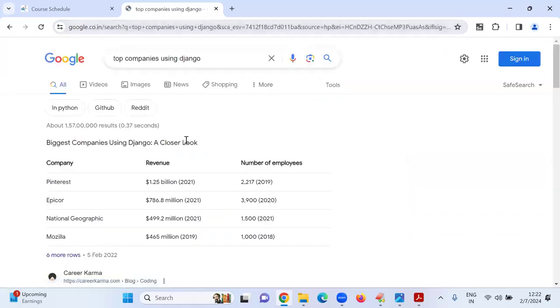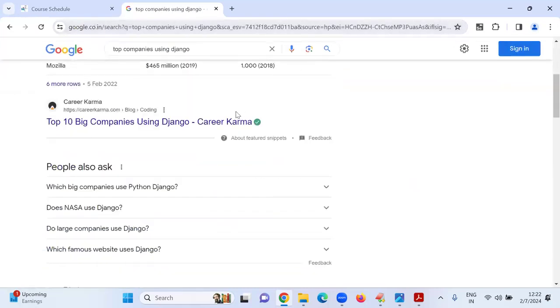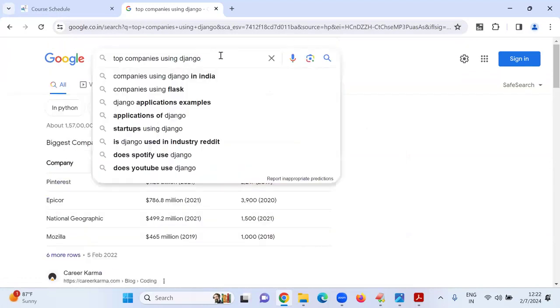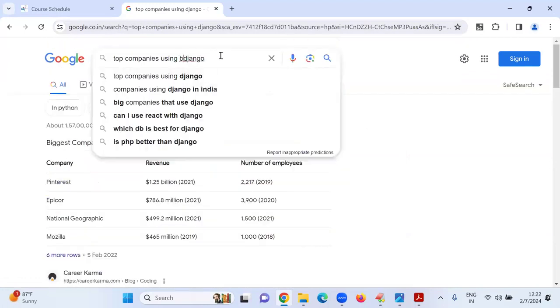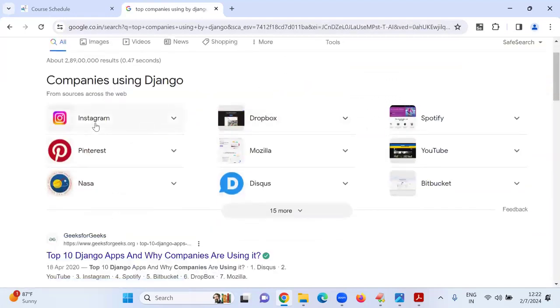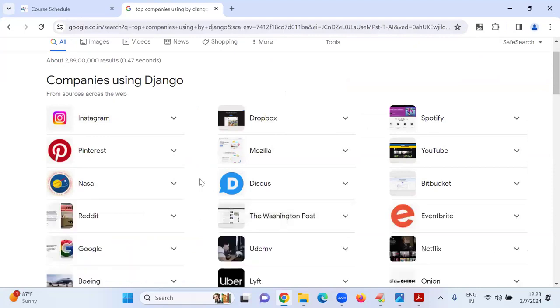Who is using this Django? The topmost companies use it. Sir, do you know Instagram? Everyone knows about Instagram. Reels and all these. Dropbox, Spotify, YouTube, Mozilla, NASA.